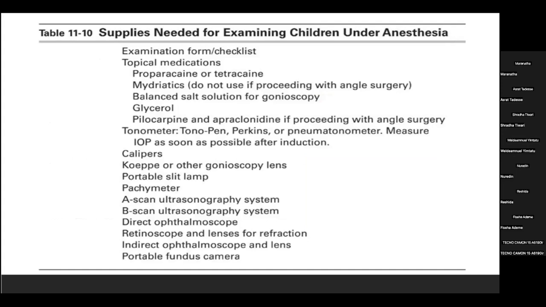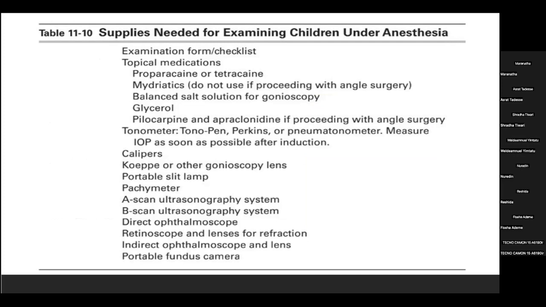The supplies we need for examination under anesthesia are: first a checklist, then topical medicines, tonometer, then we need a B scan, direct ophthalmoscope, Tono-Pen or Perkins tonometer, portable fundus camera if we have, indirect ophthalmoscope, and also retinoscopy and lenses for refraction,